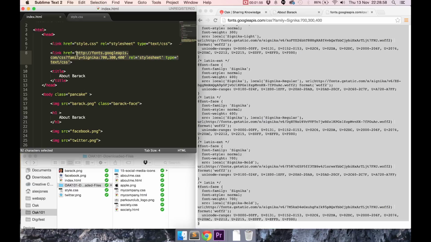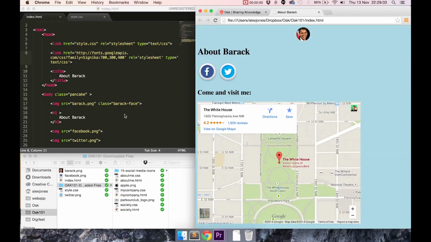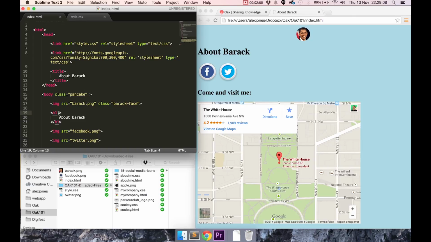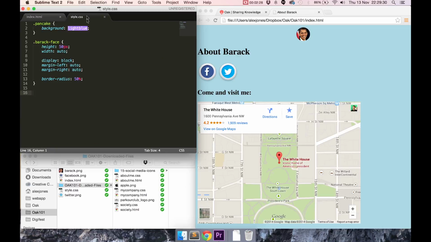However, what we now need to do to make use of this external style sheet, the code that's in it, such as this here, let's get rid of this for now, is we now need to add a class to our h1. To do this, we need to put class, open quotation marks, and we can put any class we want inside these quotation marks. I'm going to put this as Fred, like this. Saving, we've now assigned a class called Fred to h1,